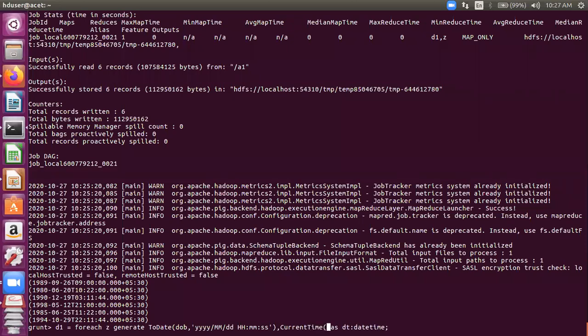How do we display the current time? You can display the serial number also, and you can display DOB also. So now I'm displaying all four things: two original things from my relation Z, that is SNO and DOB, and then two more projections.